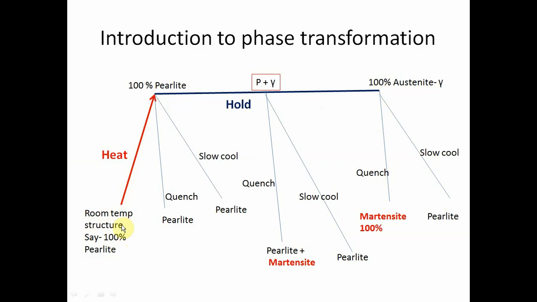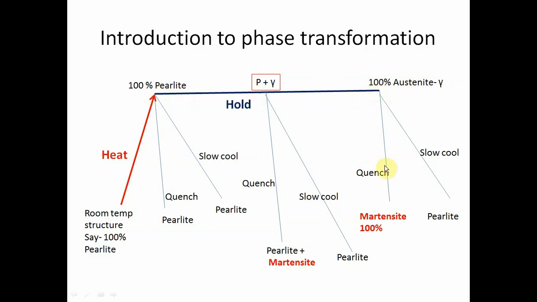When eutectoid steel of 0.8% carbon is heated above the lower critical temperature, that is the A1 temperature, it will transform into a complete homogeneous austenitic structure. It will not transform into a complete austenitic structure when the temperature just reaches the A1 temperature. The complete homogeneous austenitic structure is only formed after some specific holding period,